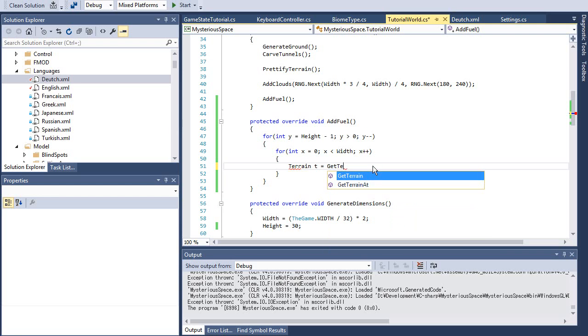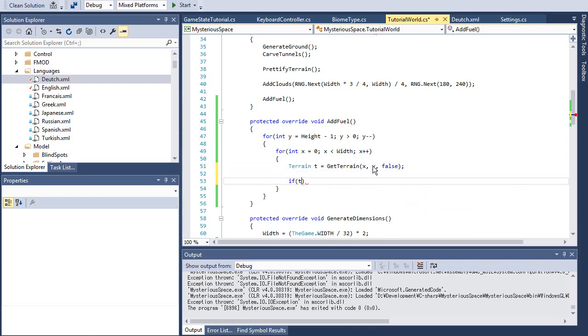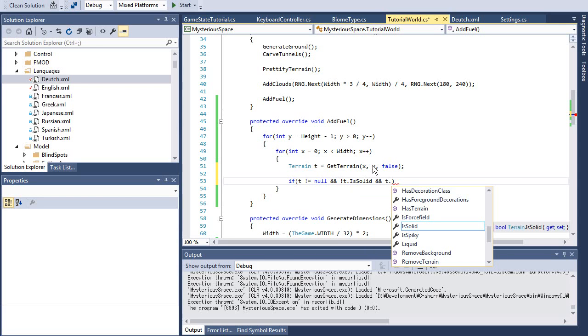T equals get terrain x, y. Do not create it, and we want to say if it's not null and it's not solid, right? And it has a background. So